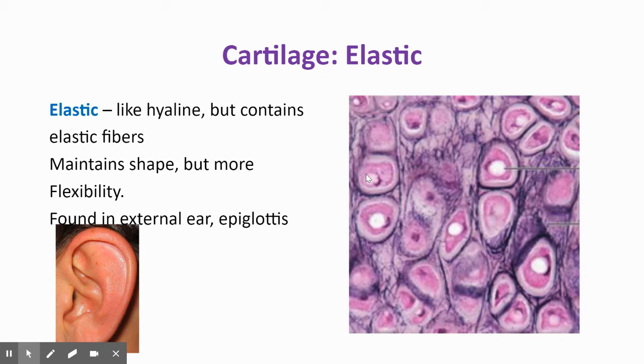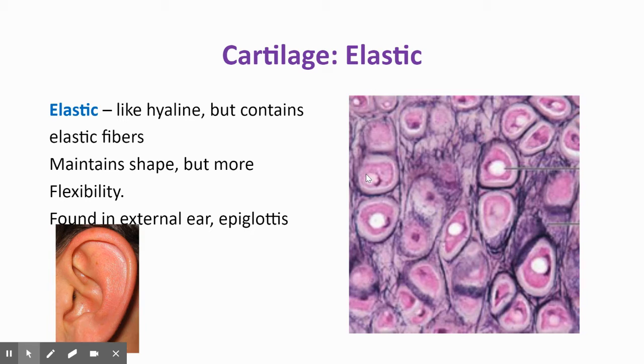The next type of cartilage is elastic cartilage. So this type of cartilage is going to have what are called elastic fibers. So there's fibers that make up this cartilage that provide some more flexibility. So the outer ear, for example, is going to be made out of this cartilage, and so you all know that you can really fold and